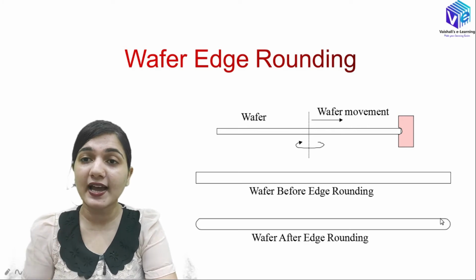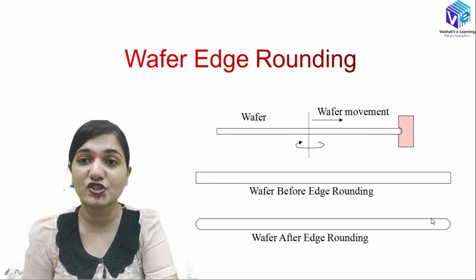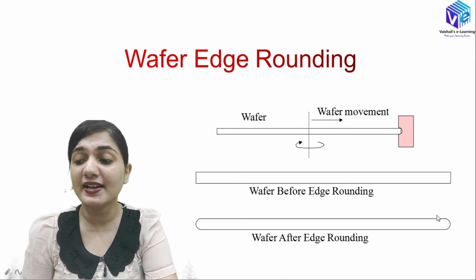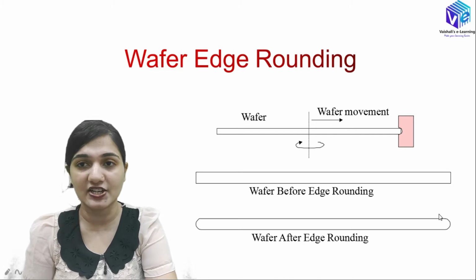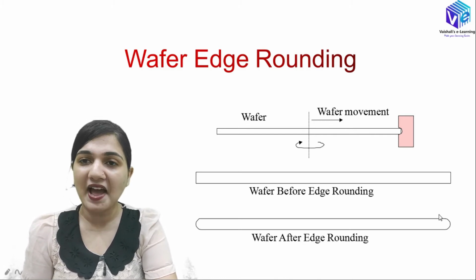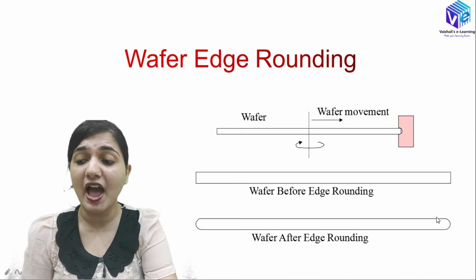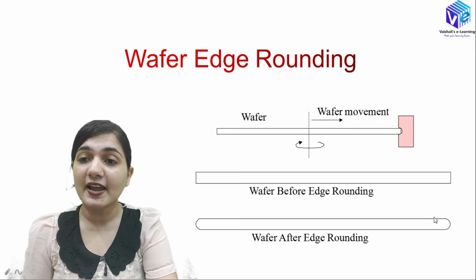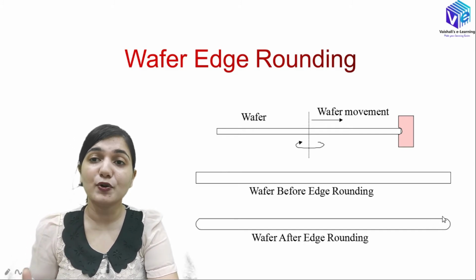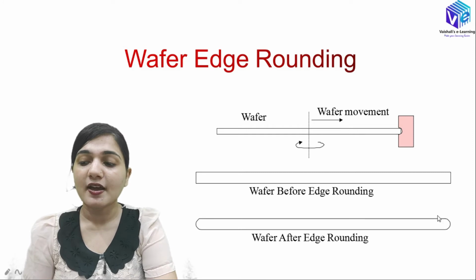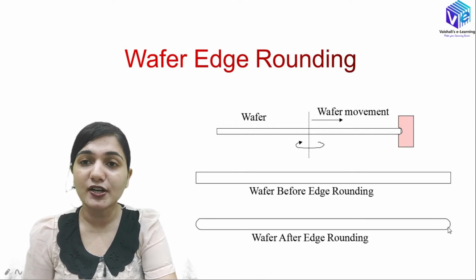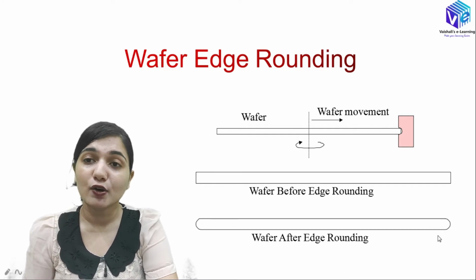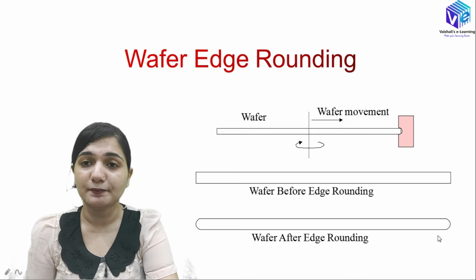We are doing the edge rounding so that when we are manufacturing transistors or MOS devices on it, we will have a lesser number of components at the edges. Those will not have uniform properties. If I have to have uniform properties around the edges as well, I require a lesser number of components at the edges. So I should make the edges rounded so that I have uniformity in the components which are present at the edges as well.